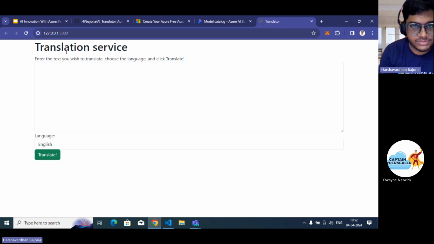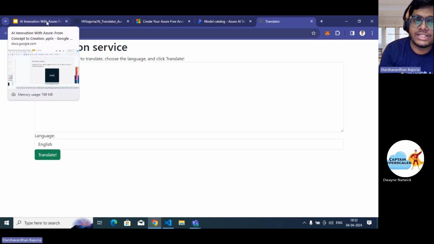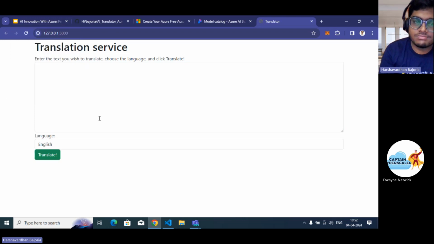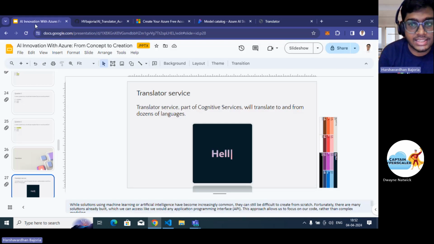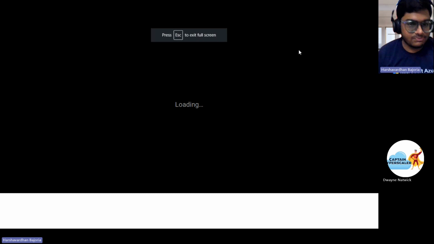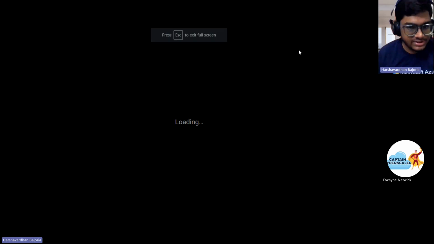But how does it work? And how will we integrate Azure Translator service to get us the results? Let's have a look. And that's the main part of our today's session. So that was we have reached plan. But